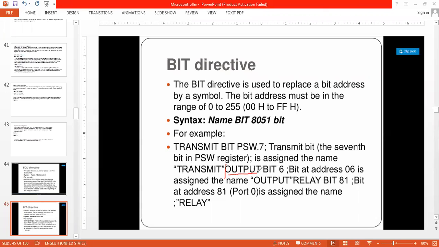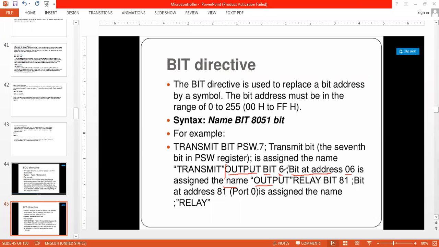Output is a label, bit is a directive, 6 is the bit address. So what will happen? The bit at address 06 will be given the name output.